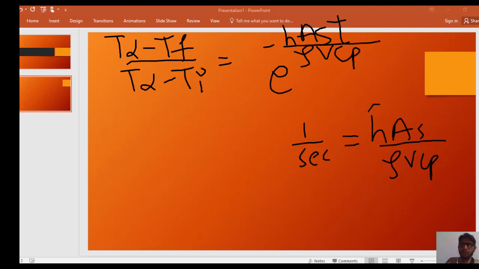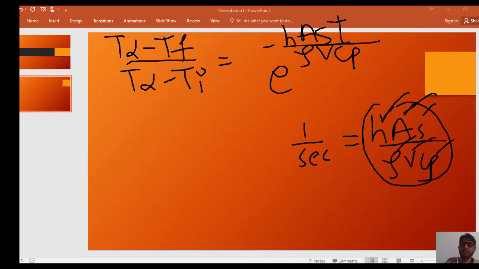The unit of these 5 quantities, which are this quantity, this quantity, this and this, is 1 over second, and the unit of time is second. As we know, the unit of time can be hour, second, or some other units like months. So suppose the unit of time is second.